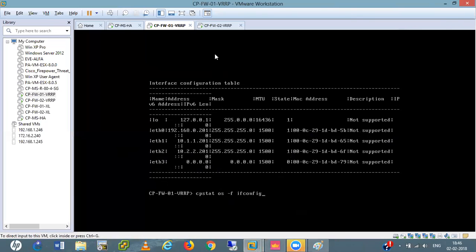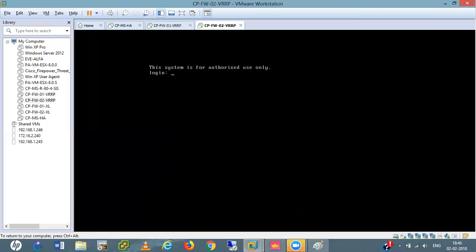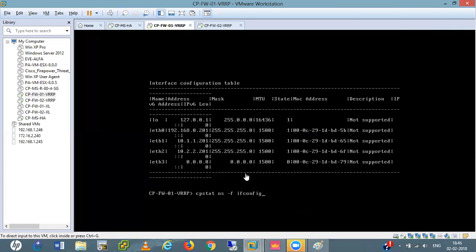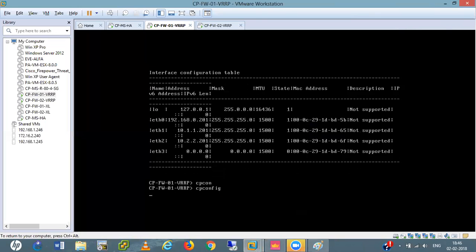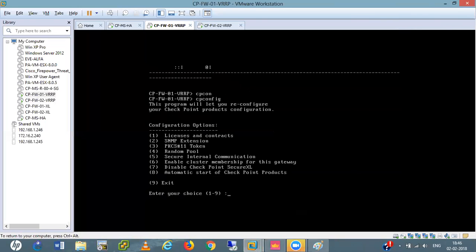Now I'm going to my other firewall. Admin. Let me also run cpconfig. What happened in the VRRP cluster at the time of installation? I selected this VRRP cluster, but it is not enabled here.